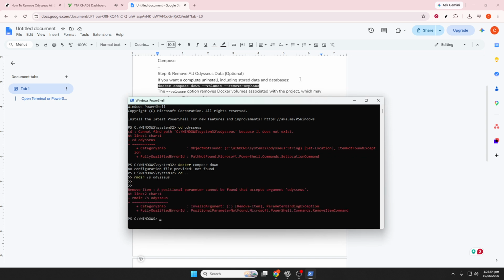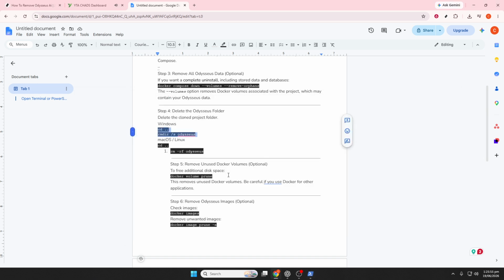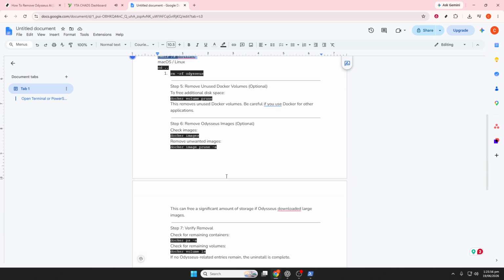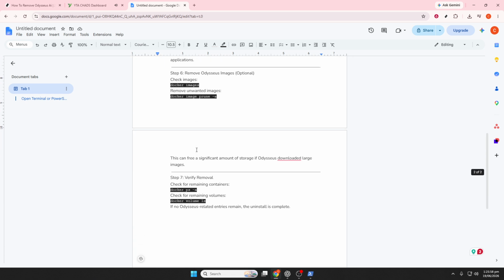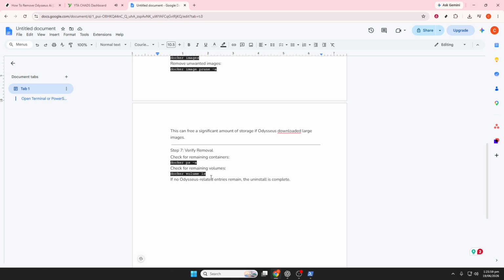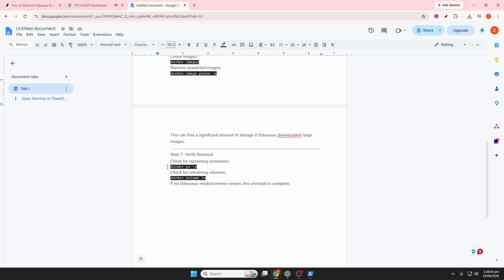If you'd like to free up additional disk space, you can remove unused Docker volumes by running docker volume prune. This is optional, but it can be useful if Docker has been storing extra data you no longer need. Just keep in mind that this affects unused volumes across Docker, so be cautious if you use Docker for other